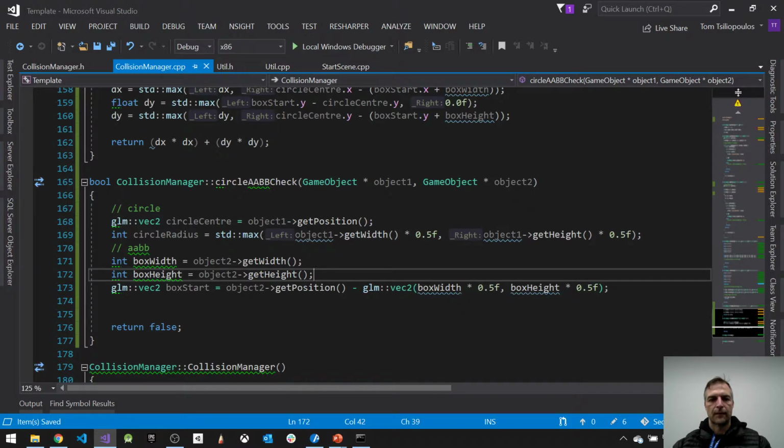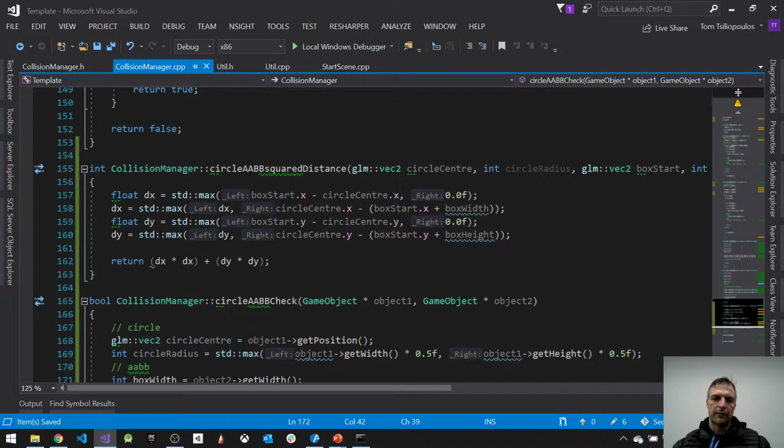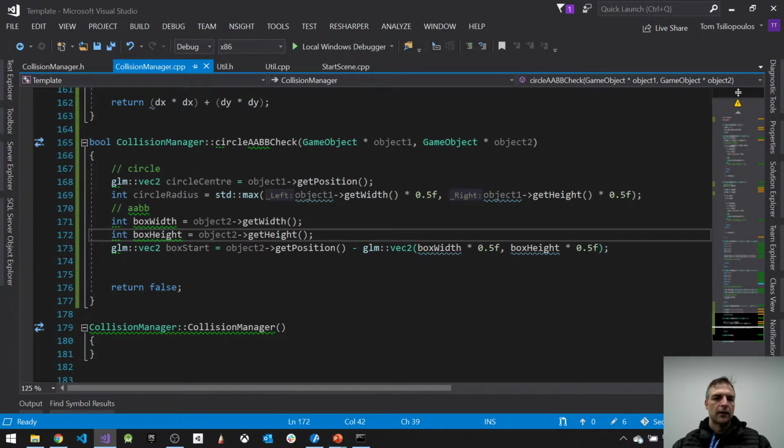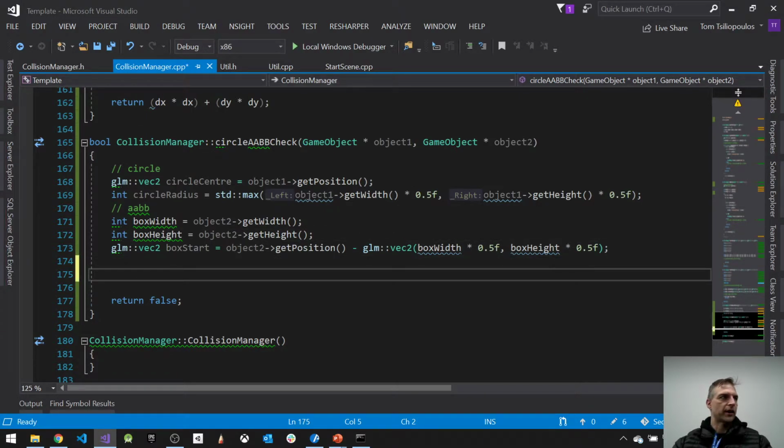Okay. Again, it's just using two game objects, and all I'm doing is setting up these things that I put in as my requirements for my circle AABB square distance. Okay, cool. Now that I have this, that's my prep. I've got to do the check. Here's my check. If